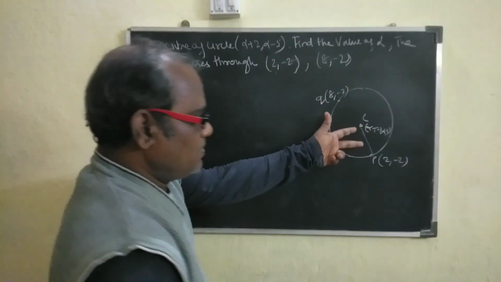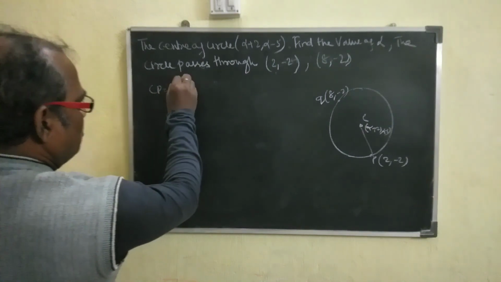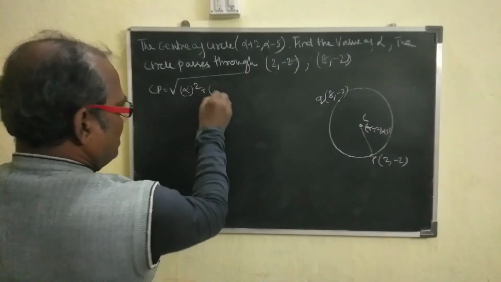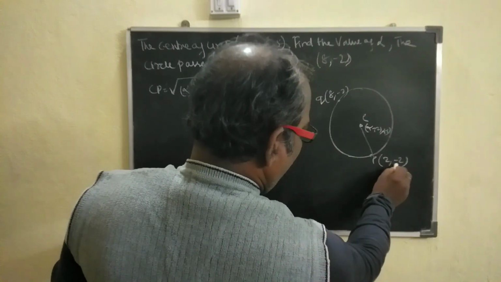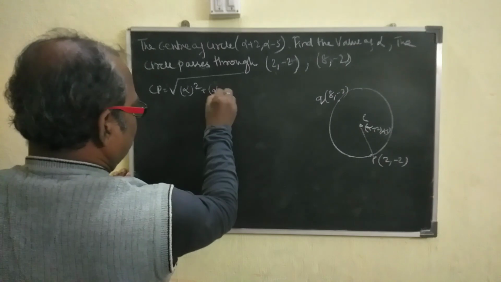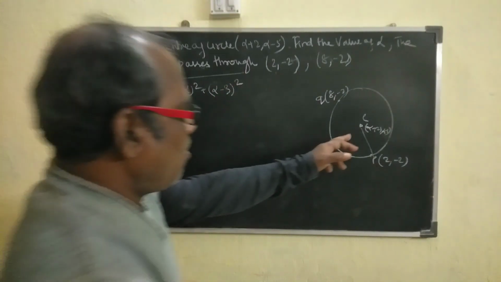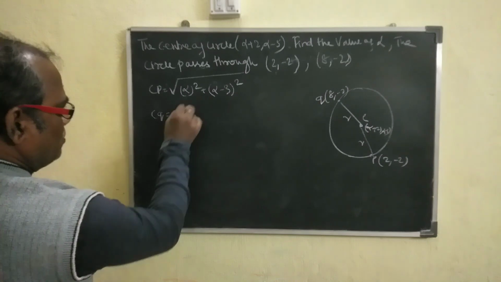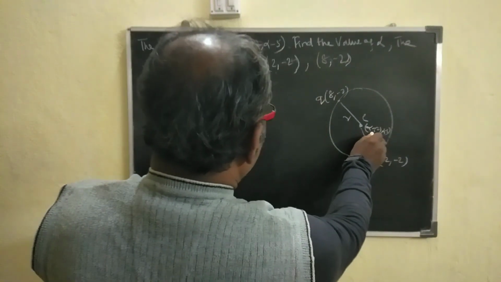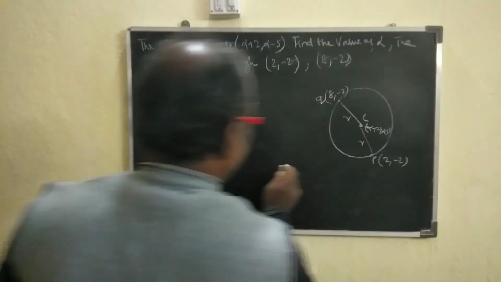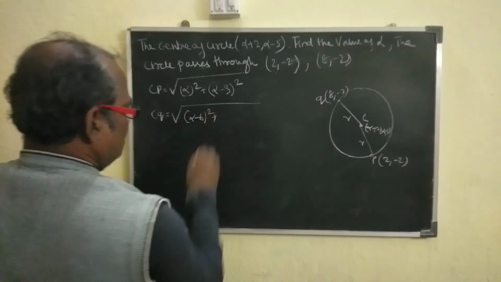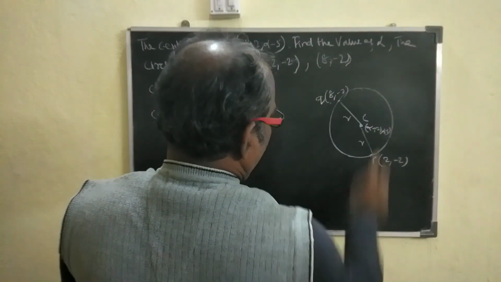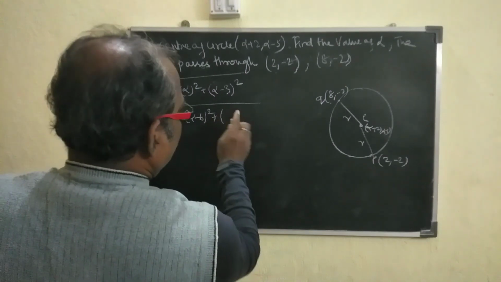First we find the radius, that is CP, equals root over alpha plus 2 minus 2, that is alpha squared, plus alpha minus 5 minus of minus 2, that is alpha minus 3, whole squared. Also this is the same radius, so we find CQ equals root over alpha plus 2 minus 8, that is alpha minus 6 whole squared, plus alpha minus 5 plus 2, that is alpha minus 3,